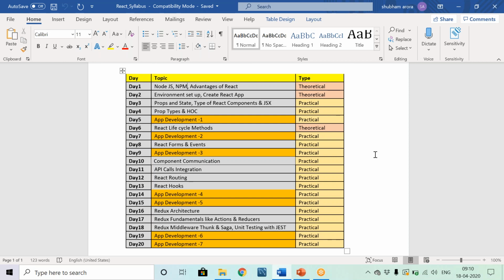Then we'll come to React lifecycle methods. There are certain methods in React which have a proper sequence of execution, and these are termed React lifecycle methods. We'll see what React lifecycle methods are and how to work with them, what the advantages are, and when to use which lifecycle method. So we'll come to that. Then again, we'll create one more application using the lifecycle methods, and see what advantages they give us.